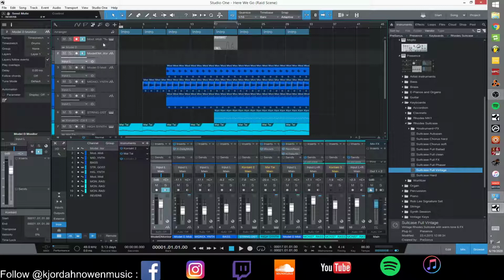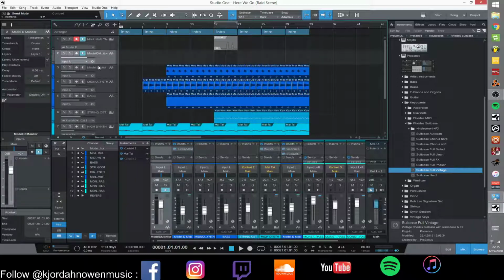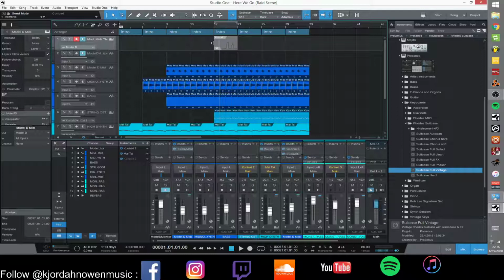So you'll need to have a MIDI track armed and monitor an audio track and name it Model D. It's coming up mono because it's mono, it's not stereo. So what ends up happening is you put the MIDI information into a MIDI track, and what you'll do is